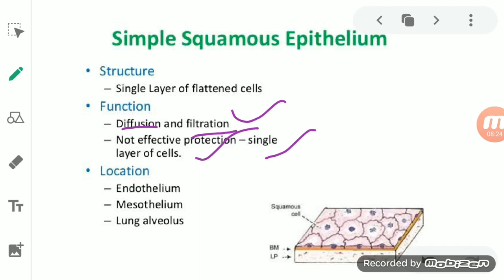It is a thin, flat, polygonal or hexagonal shaped cell, compactly arranged together, fitted together like floor tiles, due to which there are no intercellular spaces, and thus it is seen as a continuous sheet. And since it is like floor tiles, we use a term for it, and that is pavement epithelium. These squamous epithelium lie on a non-cellular membrane, known as the basement membrane.